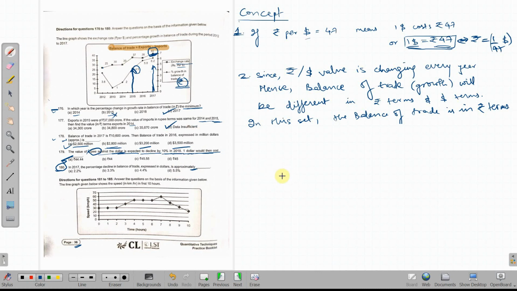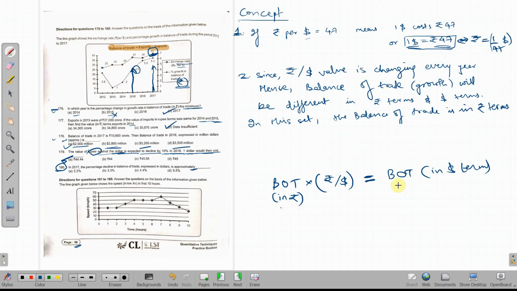The percentage change, basically you have been given that balance of trade कुछ तो है, balance of trade, and उसका value in rupee terms, ठीक है, or rather I'll say balance of trade in rupee terms and rupee का value in dollar terms. इससे मल्टीप्लाई करेंगे तो we will get बैलेंस ऑफ ट्रेड का चेंज इन डॉलर टर्म्स. ओके, सो बैलेंस ऑफ ट्रेड का चेंज, इसका चेंज कितना था?